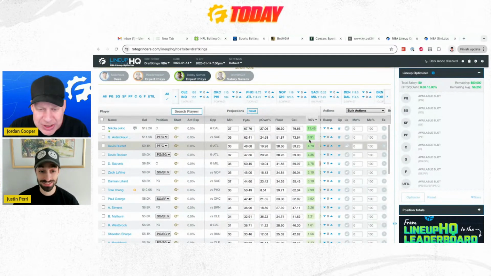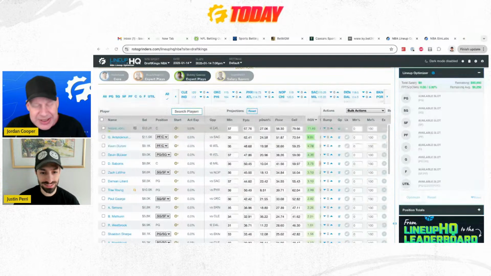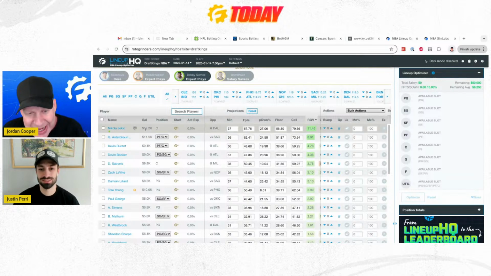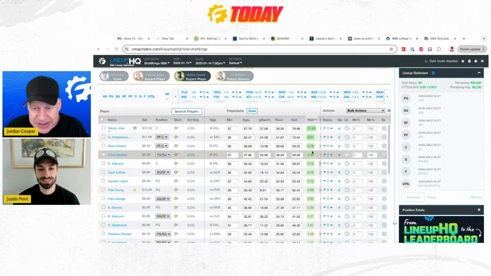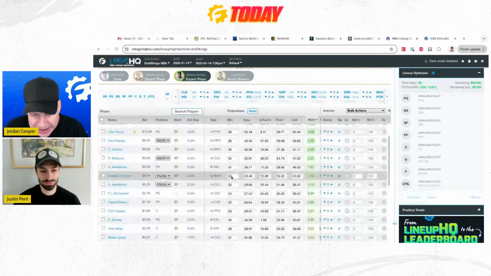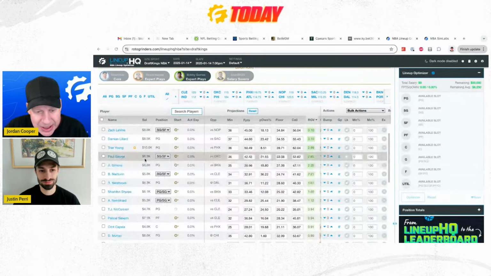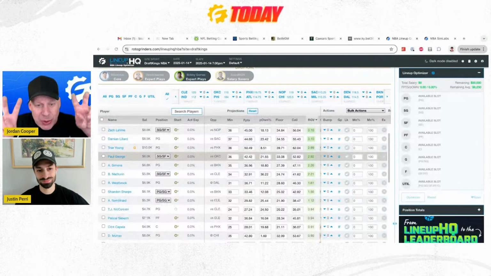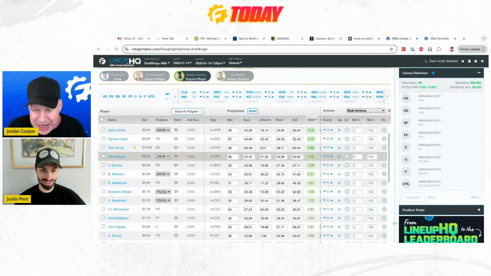Typically, once you start seeing RGVs, which is RGV in our lineup HQ tool, it stands for grinders value. It really is a salary-adjusted plus-minus for a player of that salary. So essentially, what RGV says is, if you go down here and George is 8K, to make value, the median value of an 8K player should be around 40 points.